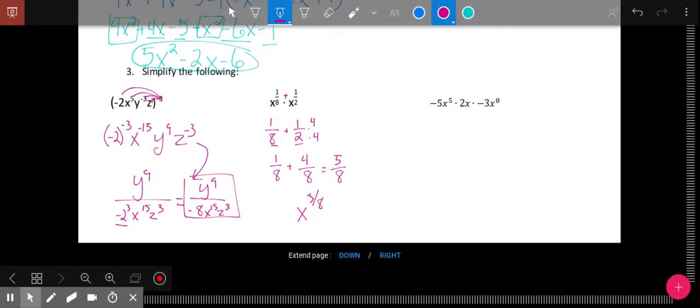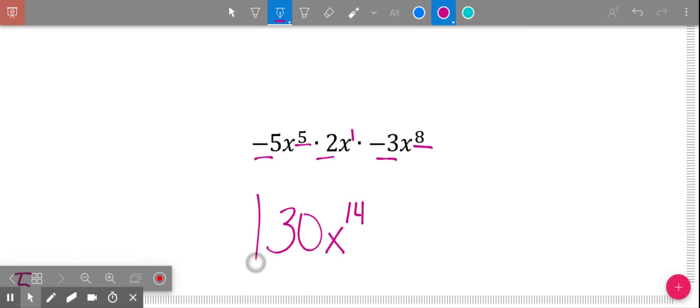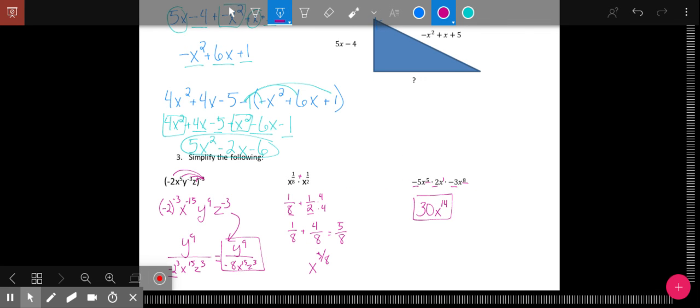All right, and the last one. This one is also a product property, so that means we need to add our exponents. The coefficients, though, we can treat like normal. We never change how we treat our coefficients. So looking at that, negative 5 times 2 times a negative 3. Well, negative 5 times 2 gives me negative 10, times a negative 3 will give me positive 30. And then I have our x, of course. And then I need to add the exponents. So 5 plus 1 plus 8. 5 plus 1 gives me 6, plus 8 gives me 14. So that's going to be my final answer for that one. All right, if you have any questions about those, please make sure you're asking. If not, you can move on to your